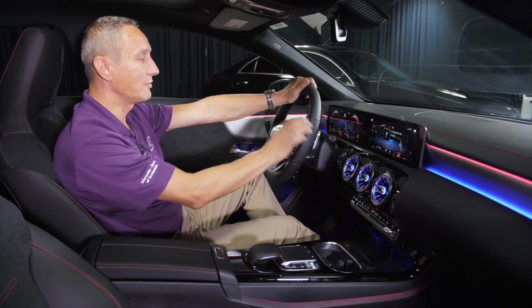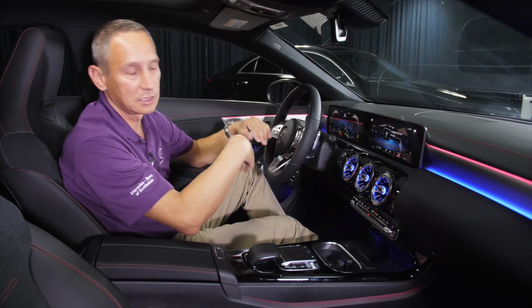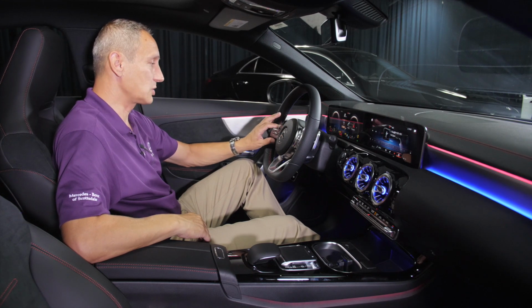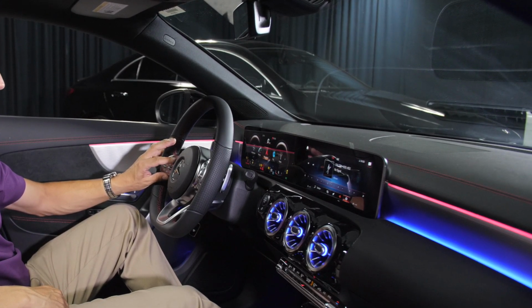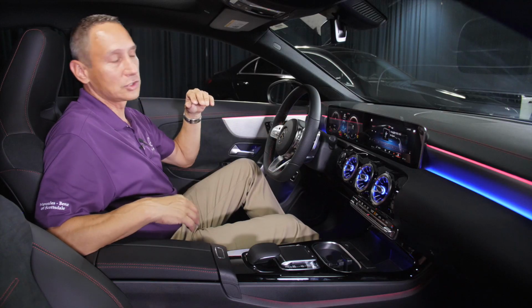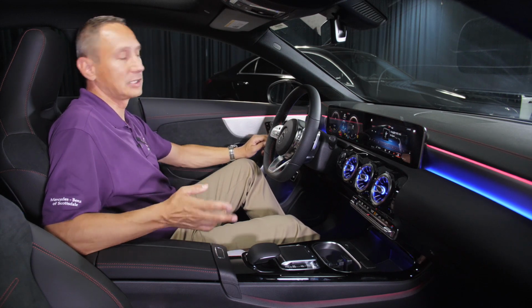So you have the distance, it gives you the fuel economy, RPMs, how fast you're going and everything else. But also if you press within the central controller, it will get to the phone, navigation, the trip, radio, navigation, that will give you right here in the center that you can change. But to go really deeper into these details, you really need to come inside,